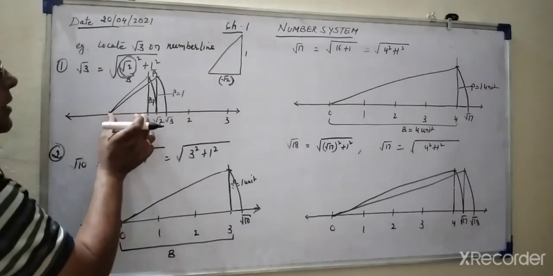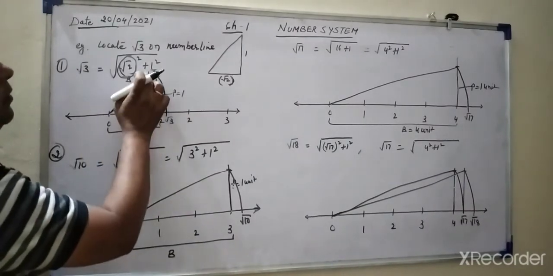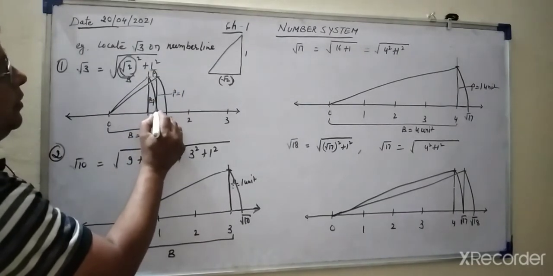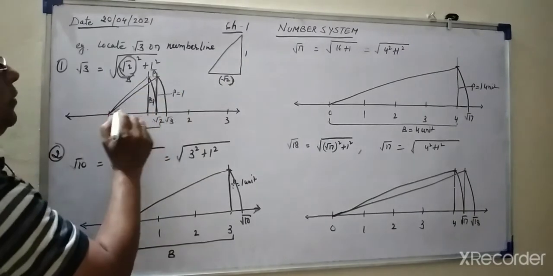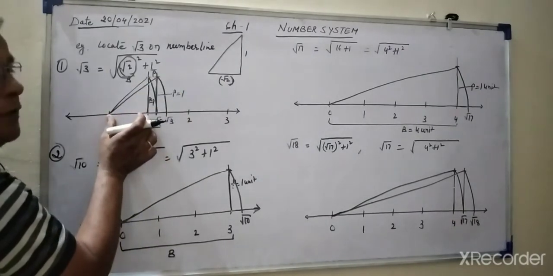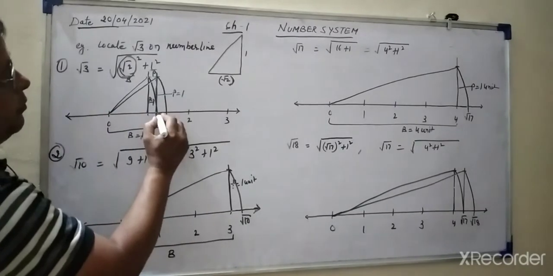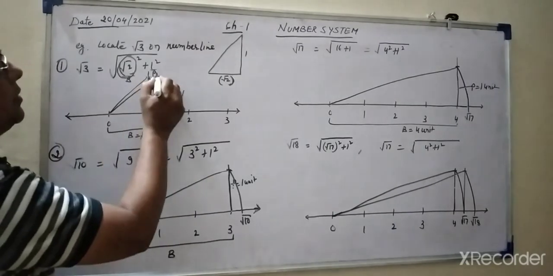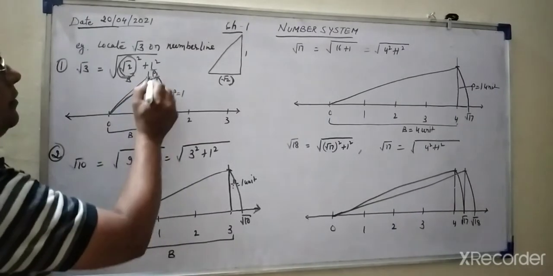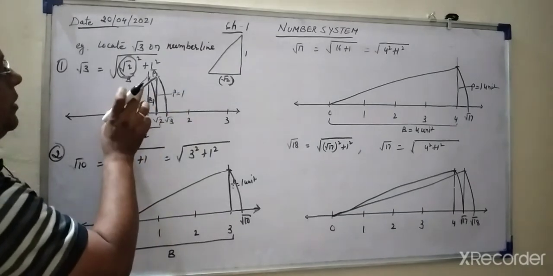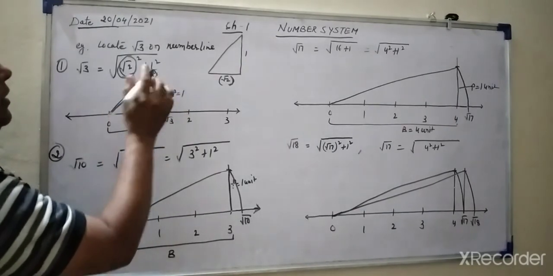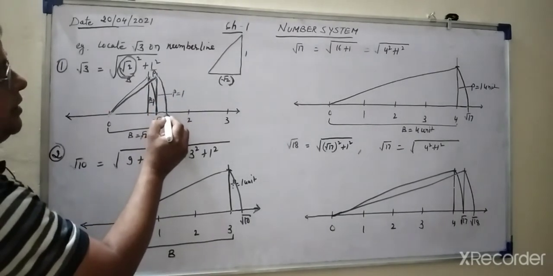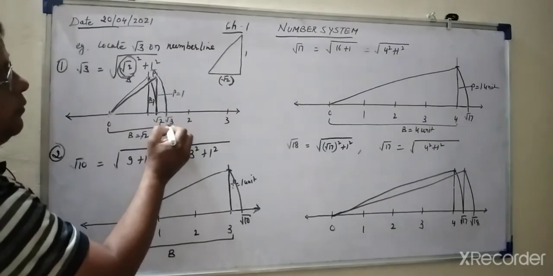Root 2 similarly: first we take a base of 1 unit, then a perpendicular of 1 unit, then you cut the arc and join it, root 2. Then at the point of root 2 we draw a perpendicular of 1 unit. Take the length of OA, that is 0 to 1 unit, put the compass here and cut the arc, that is also 1 unit perpendicular. Then join this way, open the compass from here to here and cut the arc this way. Wherever this arc intersects the real number line, we have root 3.